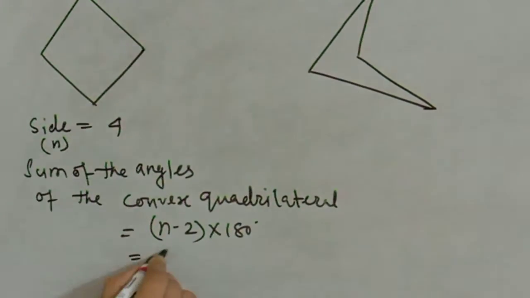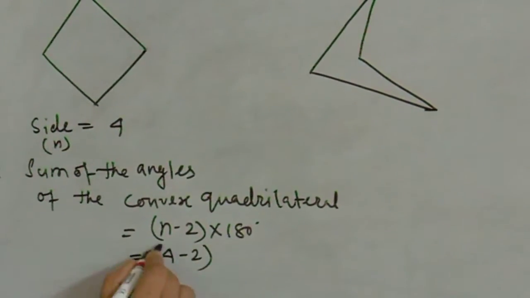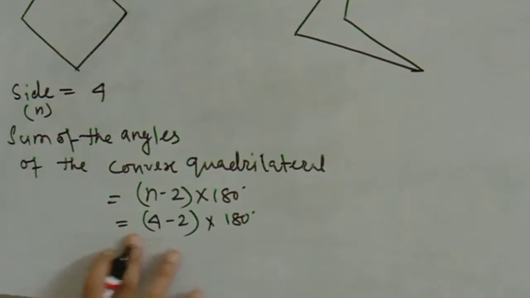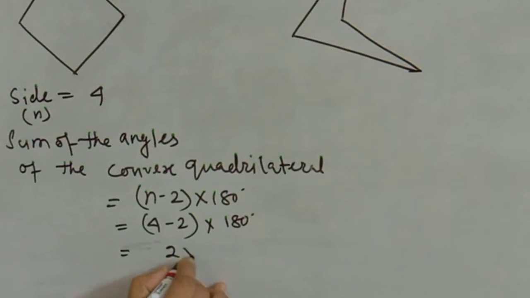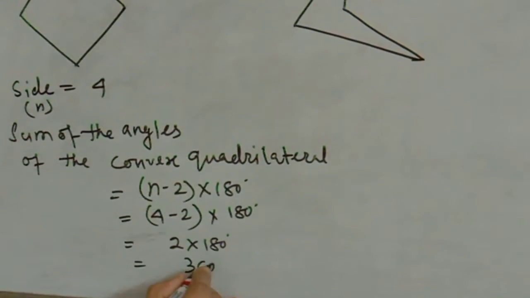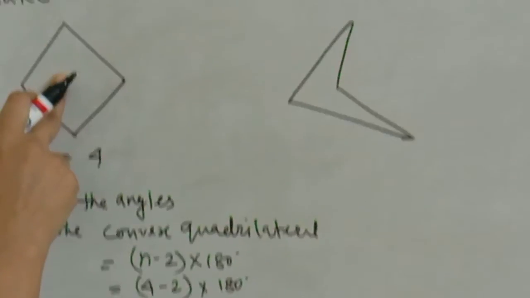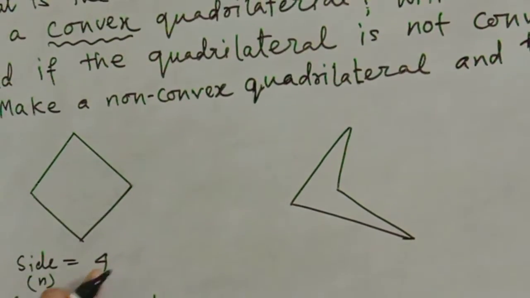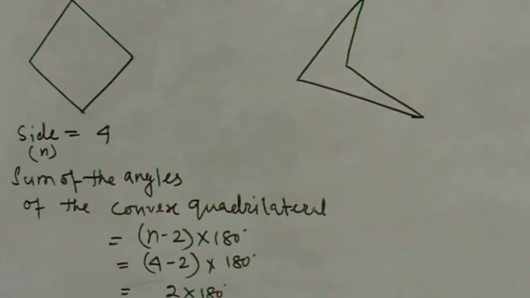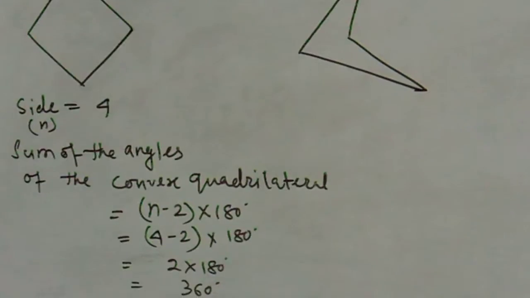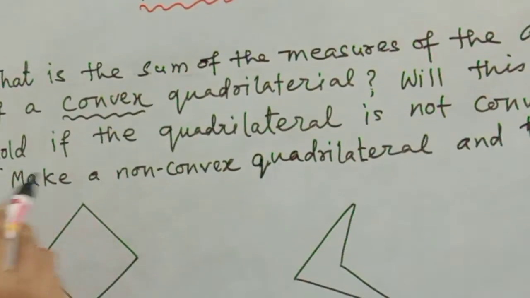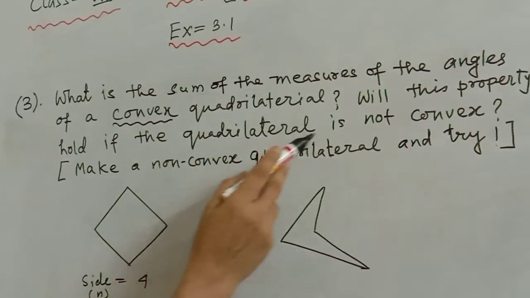Here it is (4 minus 2) into 180 degrees, that is 2 into 180 degrees, that is 360 degrees. Now the next part of the question: will this property hold if the quadrilateral is not